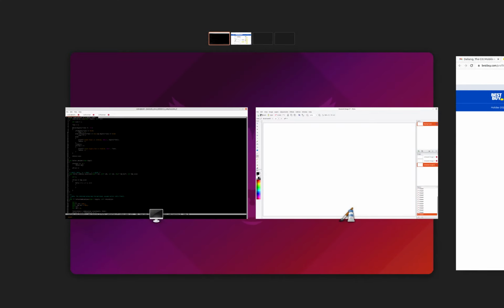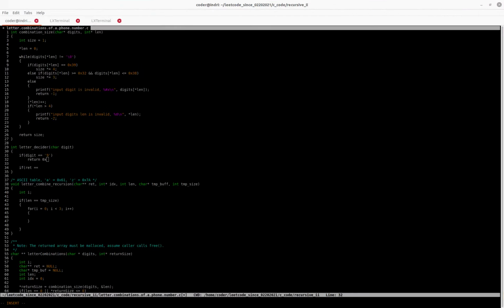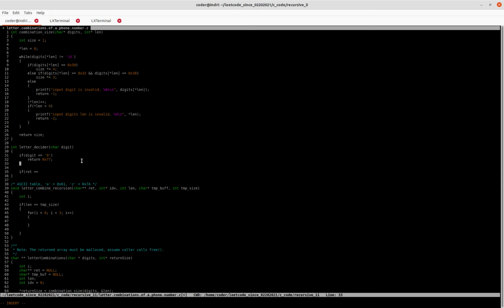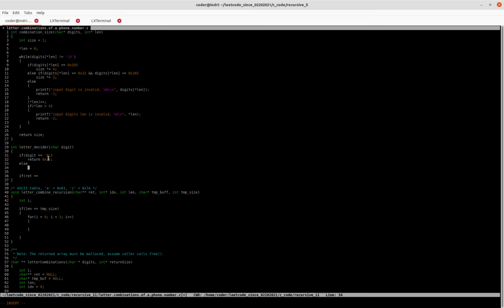W X Y Z. That means if return the 77, yes, and else, since we already checked the digits during the combination size functions, so we don't do the exception check here. So the else we just